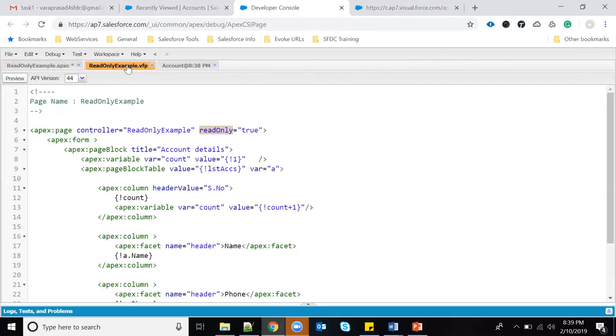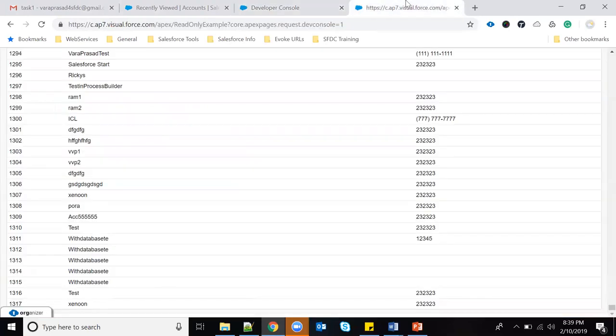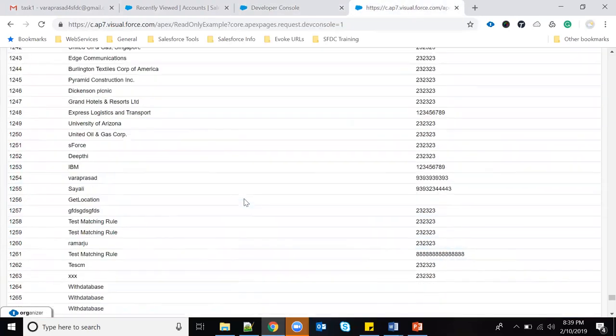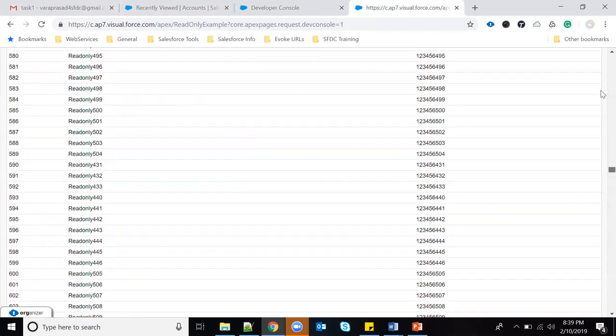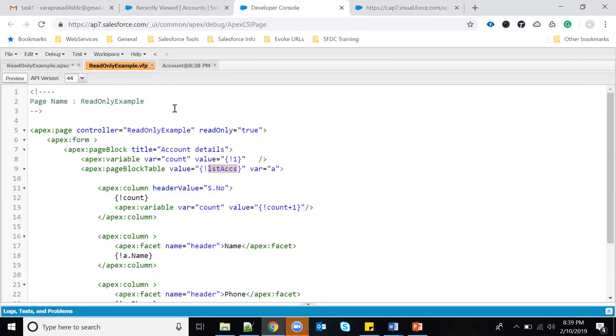Even the list will support 10,000 records at a time, so even on a single page we can display more than 1,000 records. That's the reason we are now able to see more than 1,000 records on the VF page: we added readOnly equal to true on the page tag.